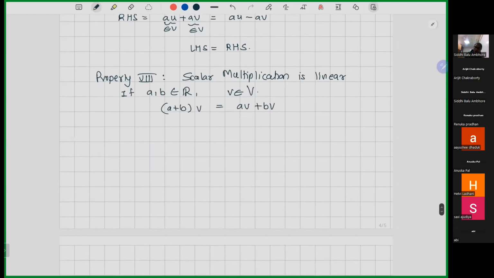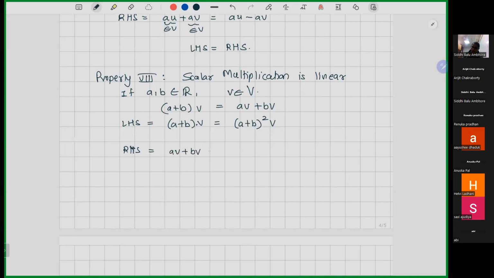Okay, so what is our LHS in this case? It is a plus b into v. And this is multiplication in our vector set V. Okay, so what is this? It is a plus b square v. Okay, this is our scalar multiplication. So this is how it is defined. And now once we have this expression, we are in real numbers. So now we are in real numbers and we are multiplying these elements a, b and v as real numbers. Okay, so this is our LHS, and what we have in RHS is